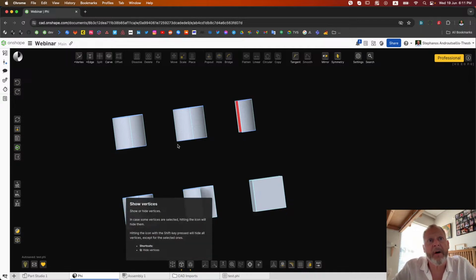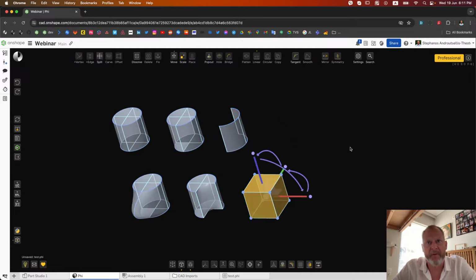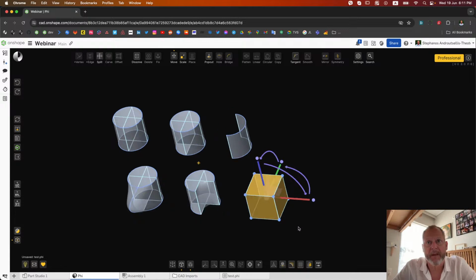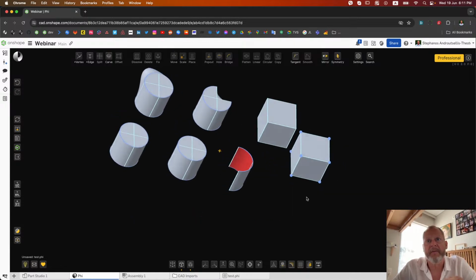So we saw a way in which we can bring a body next to another, but that's not actually a unification or a join of the two bodies, it's just a geometric placement. But there is one last command I want to talk about. So let me make a copy of this cube here, and let me move this out of the way. So I have these two cubes,